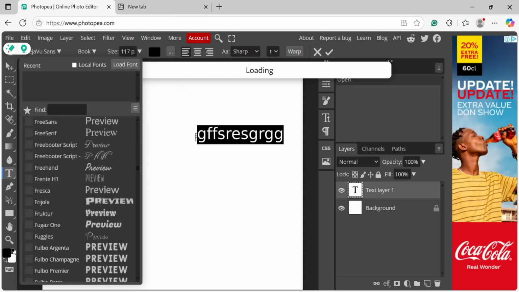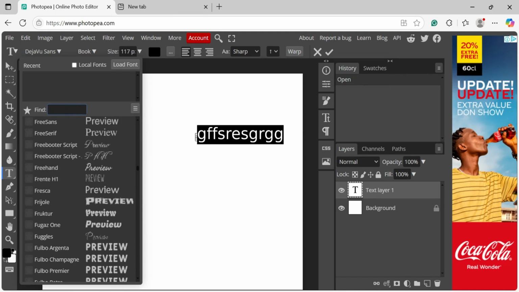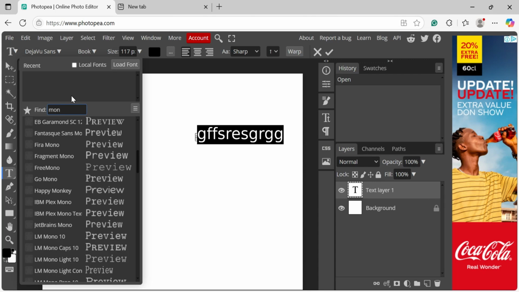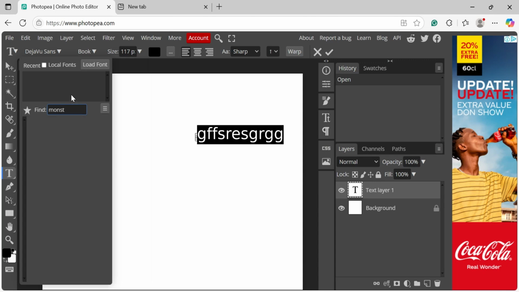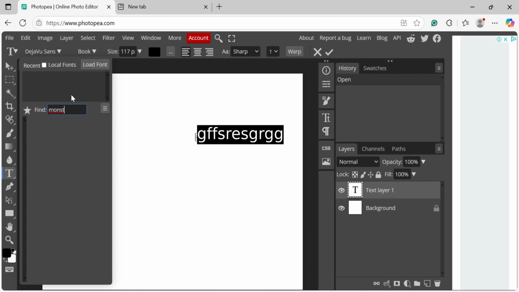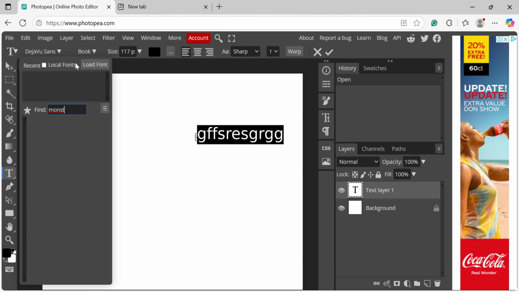So you can just quickly search for the kind of fonts you want. Let's say Montserrat. Let me see if it's going to bring it out. Montserrat. Unfortunately, it's not bringing that out. But then I feel like you can also load fonts, local fonts. Maybe if you click on this here,